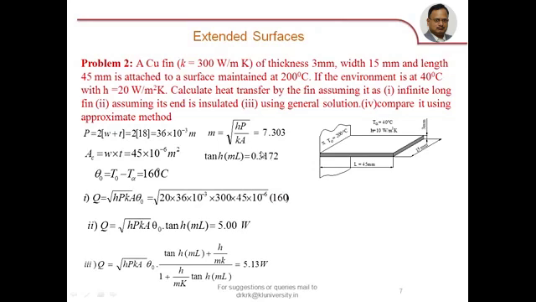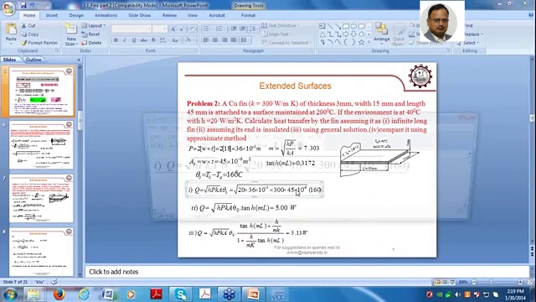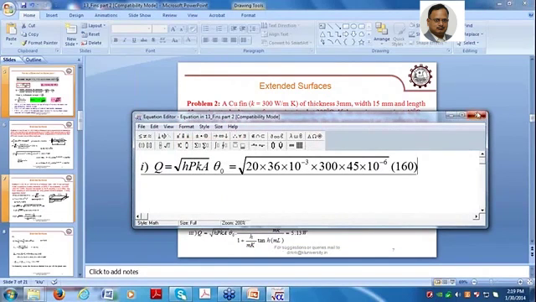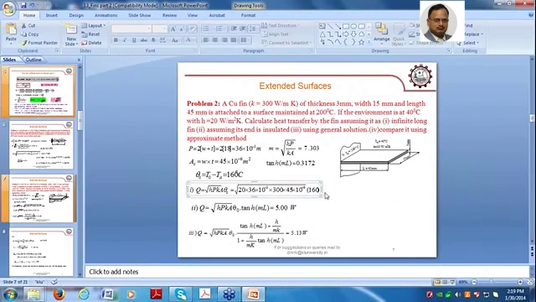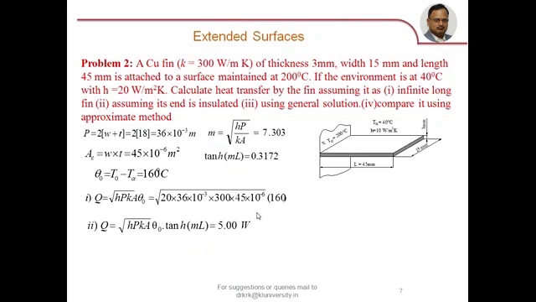See the difference. 5 by 0.3 means roughly you will get in the first case around 15 watts. Let us check whether it is. Okay, that will come around 15 watts roughly,